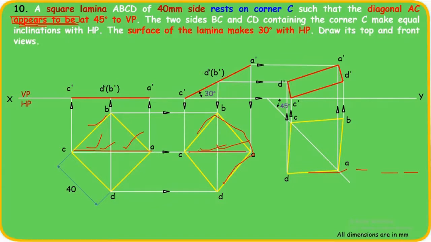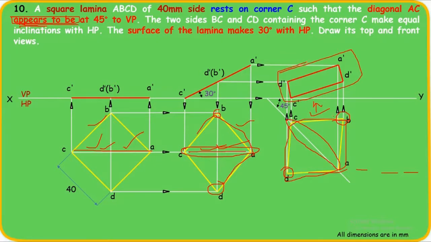So what you have to do is first place this diagonal onto this CA. Then obtain these two points using your compass. Complete this square, the apparent shape of the square. Make sure this and this are the same. Then you just draw the projection lines and complete your front view.